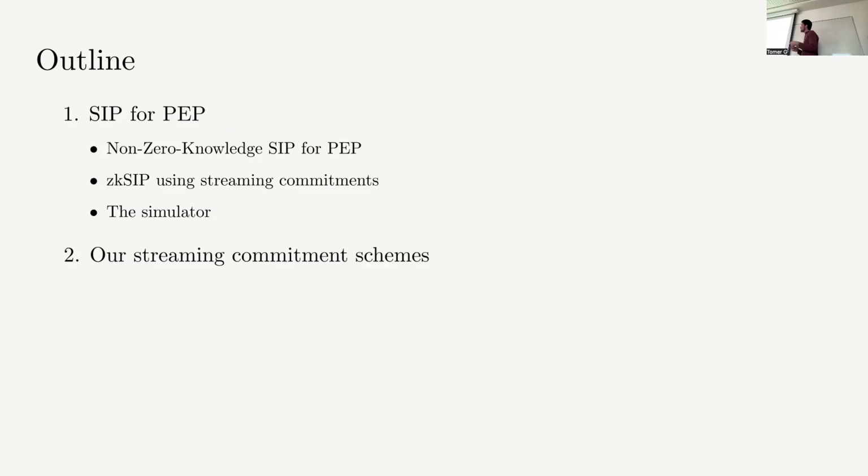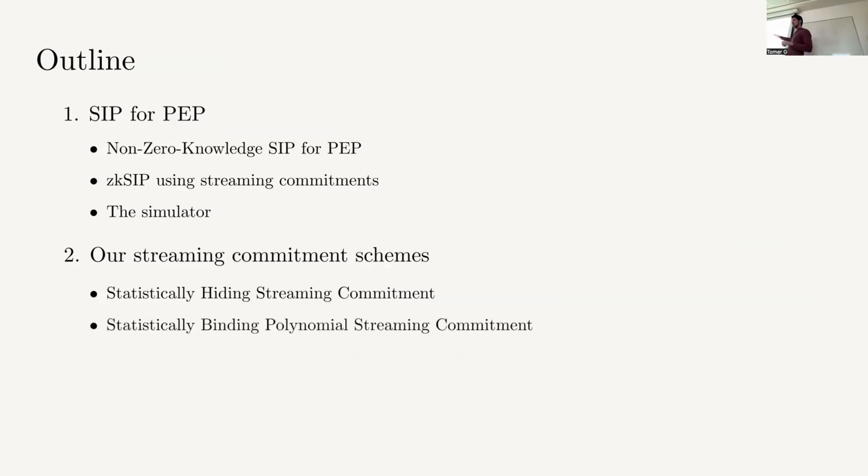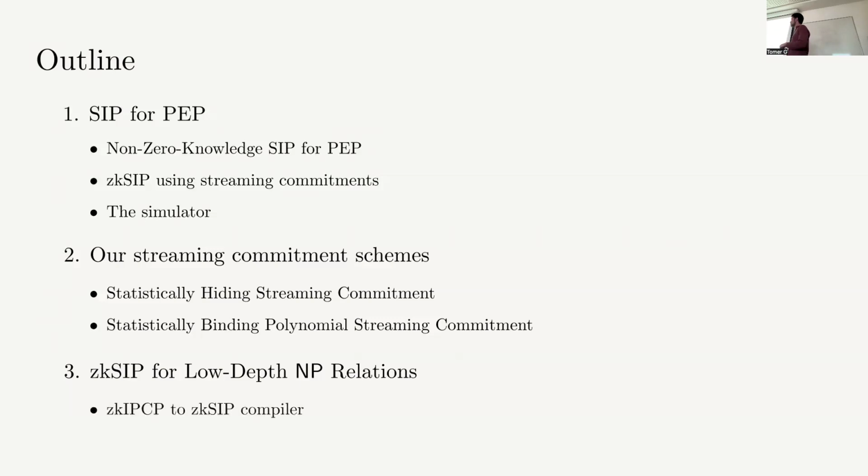I made the presentation to present both of them, but then I realized it's going to take way too long. So I'm going to stick to the first, which is the simpler one. If anybody's interested in the other one, I'll be happy to tell you about it. And lastly, I'll show you in very broad strokes how we get to our main results using everything we did before. We basically construct a compiler from a different model to the model that we need. Okay, so let's start with